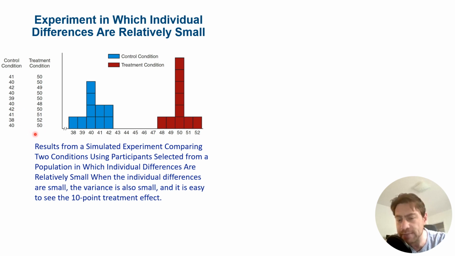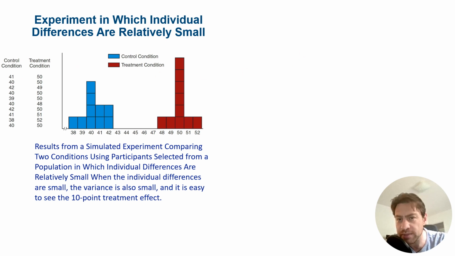Now, if you plot these two distributions of the control condition and the treatment condition, you can clearly see that difference. It's obvious. It jumps out at you. The distributions are non-overlapping. You can see that the treatment condition had this effect. The scores are higher. And one of the reasons that you can see that difference is because the individual differences are small within these conditions, and the low variance allows you to see the effect